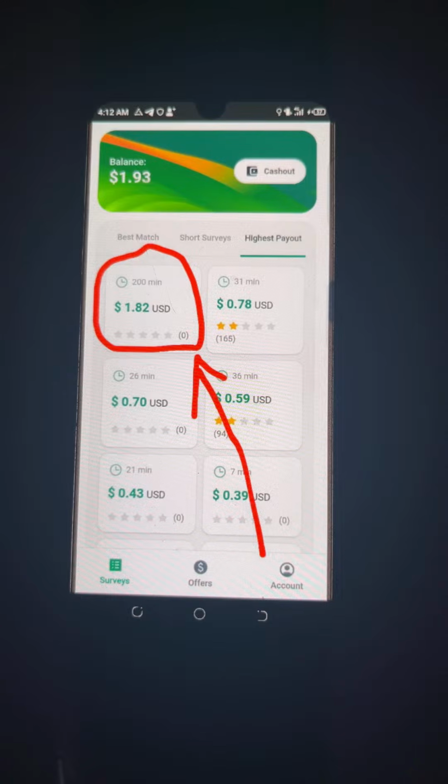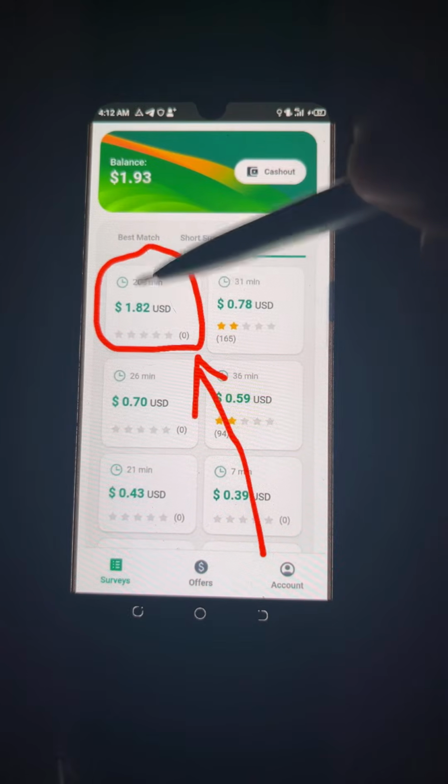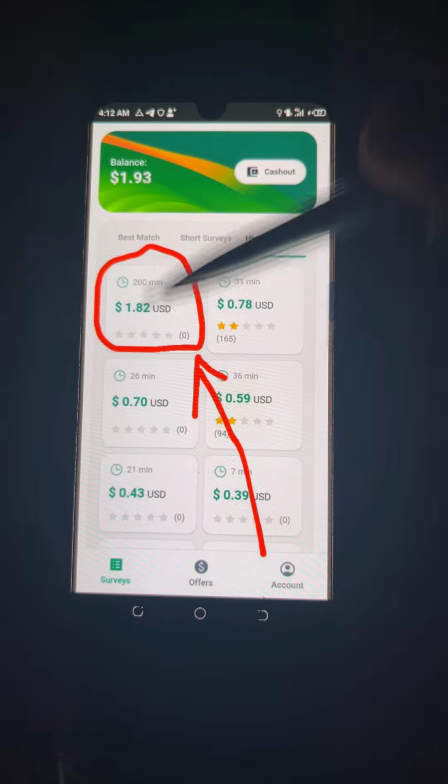So survey IDs are in quotas. That's the number of participants, the number of people to participate. That's in quotas. And each quota carries a unique ID. So let's say there are about 20 people that will participate here. The 20 people that will click on this, all of them will get different IDs. None of them will get the same.